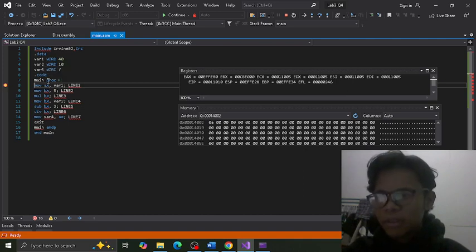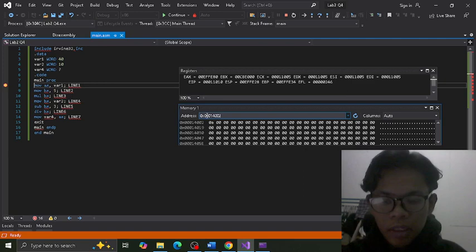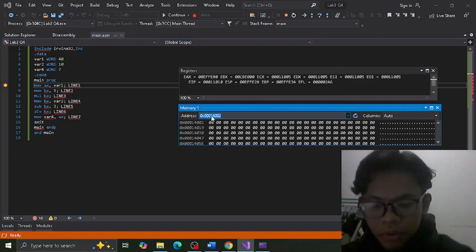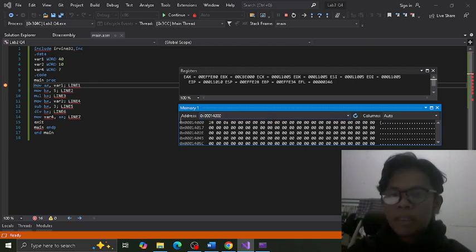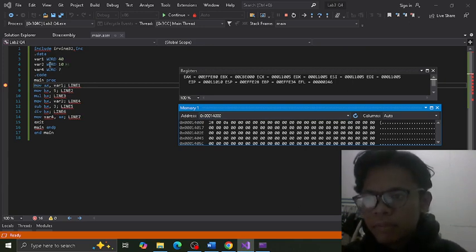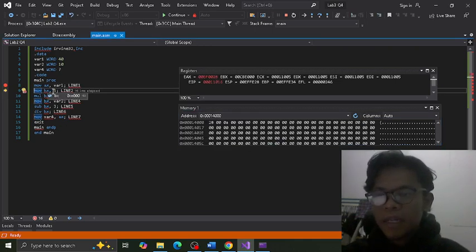So first, let's look for the address. Let's look for var 1 first. Okay, 40 in hexadecimal is 28, so it's right. So for the first line, we move AX with var 1. So here AX is 28, var 1 is 28, and then